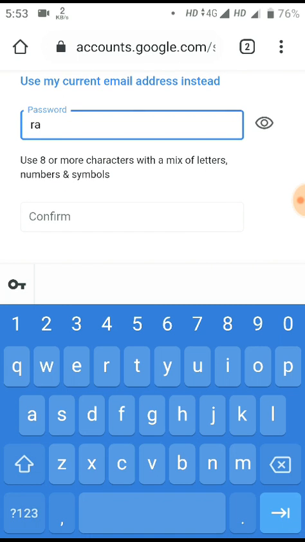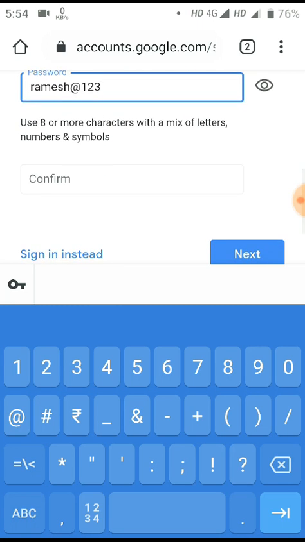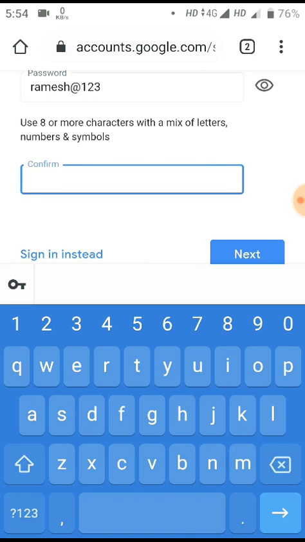So we will create a minimum 8-character password which is a combination of letters, numbers and symbols. Here I am creating Ramesh at the rate 123. This is a combination of all three: Ramesh is the characters, at the rate is a symbol, and 123 is the number. You can use anything else according to your convenience.